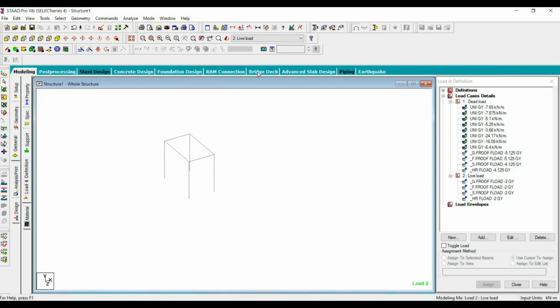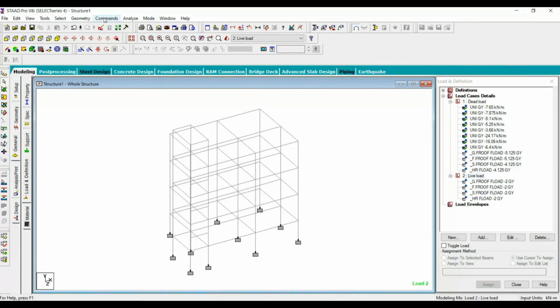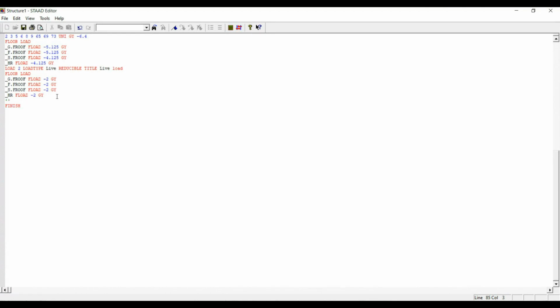Next, let's add the load combinations and then we can do the analysis. Let's add the load combinations. Next, load combination 4.